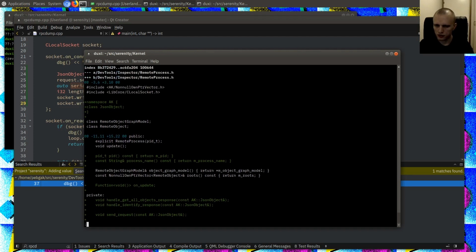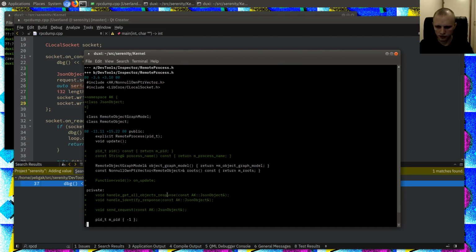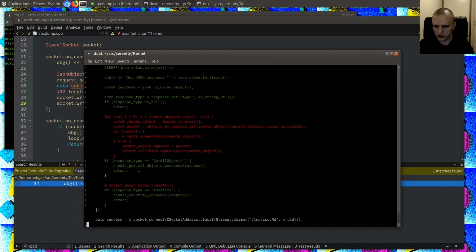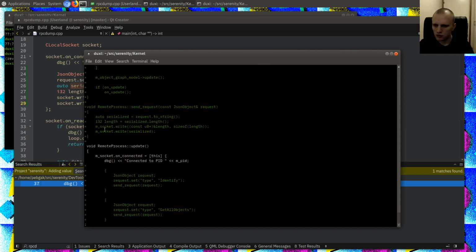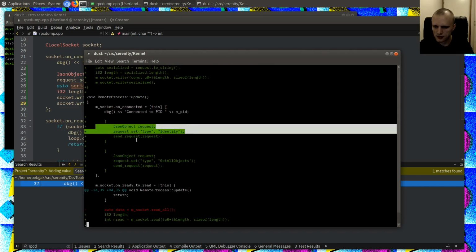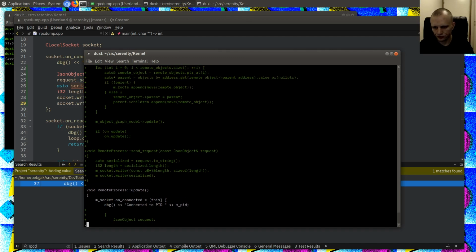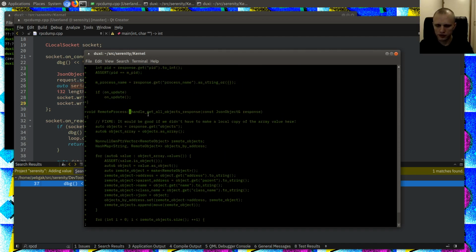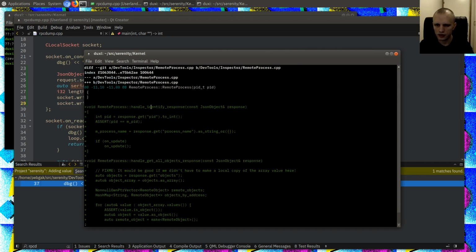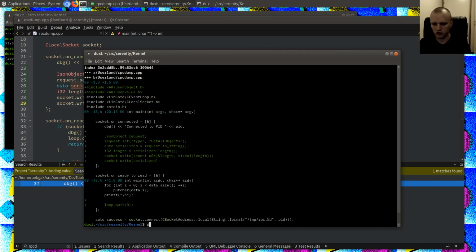Here are just the changes to RemoteProcess. We separate out the handling of these responses into functions so that we can deal with those. When we connect to the remote process, we immediately send identify and also get all objects to the other side. We need some helpers here too. And then the previous code for handling the dump goes in get all objects response handling, and handle identify response takes care of the response to the identify request. Okay, so I think we have something pretty good here, so we're just going to commit this